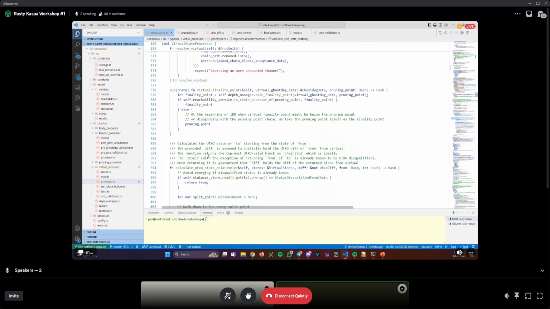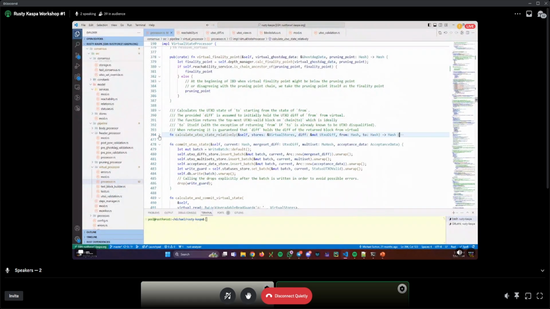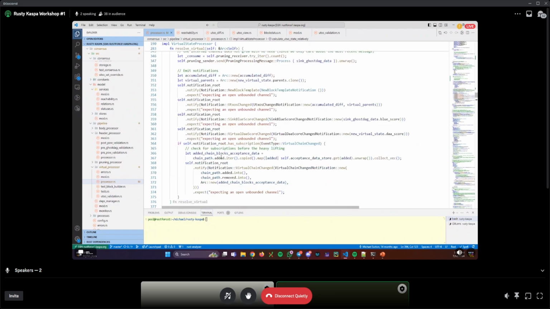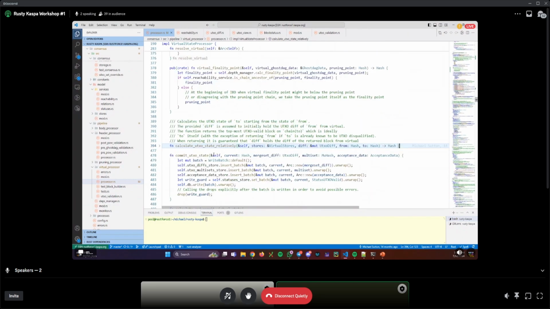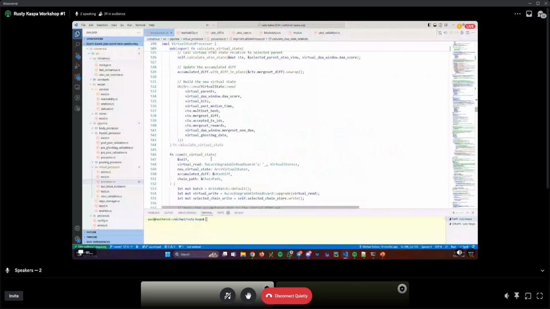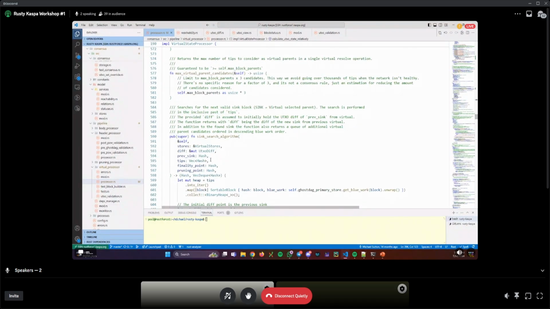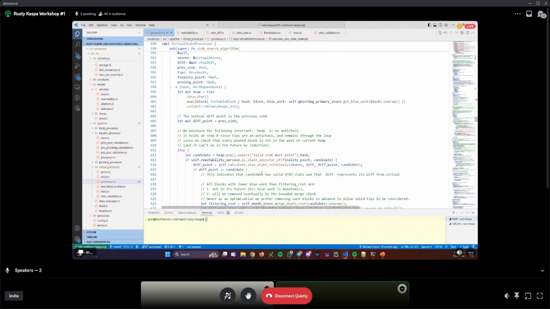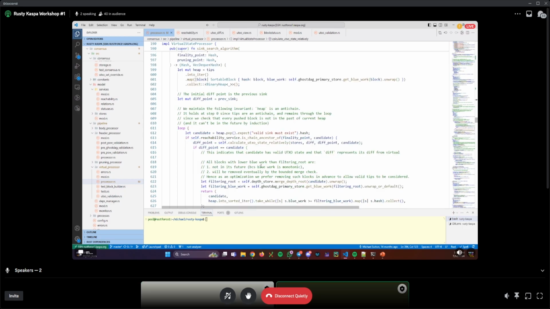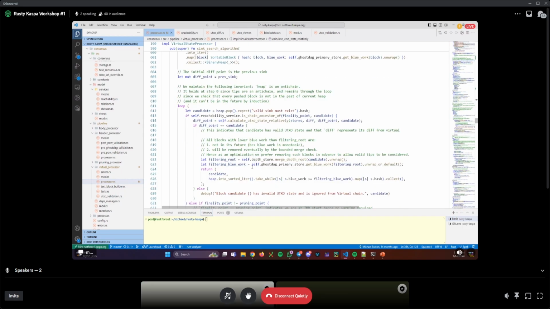So this is the way to move UTXO state relatively from one point to another. And the sink search algorithm essentially does this over and over until it succeeds, and it must do this because it can encounter disqualification and stuff like that. This is complicated to comprehend, I think, but